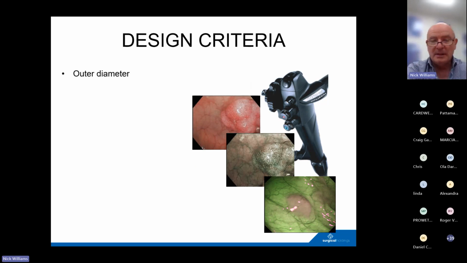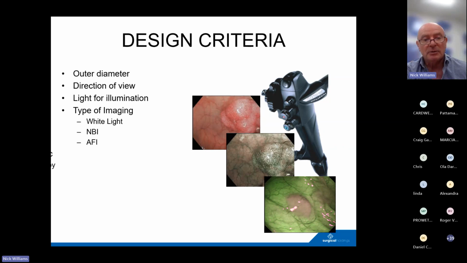As I've already indicated, the overall issue when designing an endoscope is the outer diameter, how big, because obviously the bigger it is, the better in terms of the designer, but not so good for the patient. Clearly, if you wanted to design a flexible cystoscope, for example, you can't have a massive outer diameter. It may give you fantastic images, but you won't get it in. So the compromises are really in terms of a given outer diameter, what field of view, direction of view do you want, how much light do you want, type of light, type of imaging,